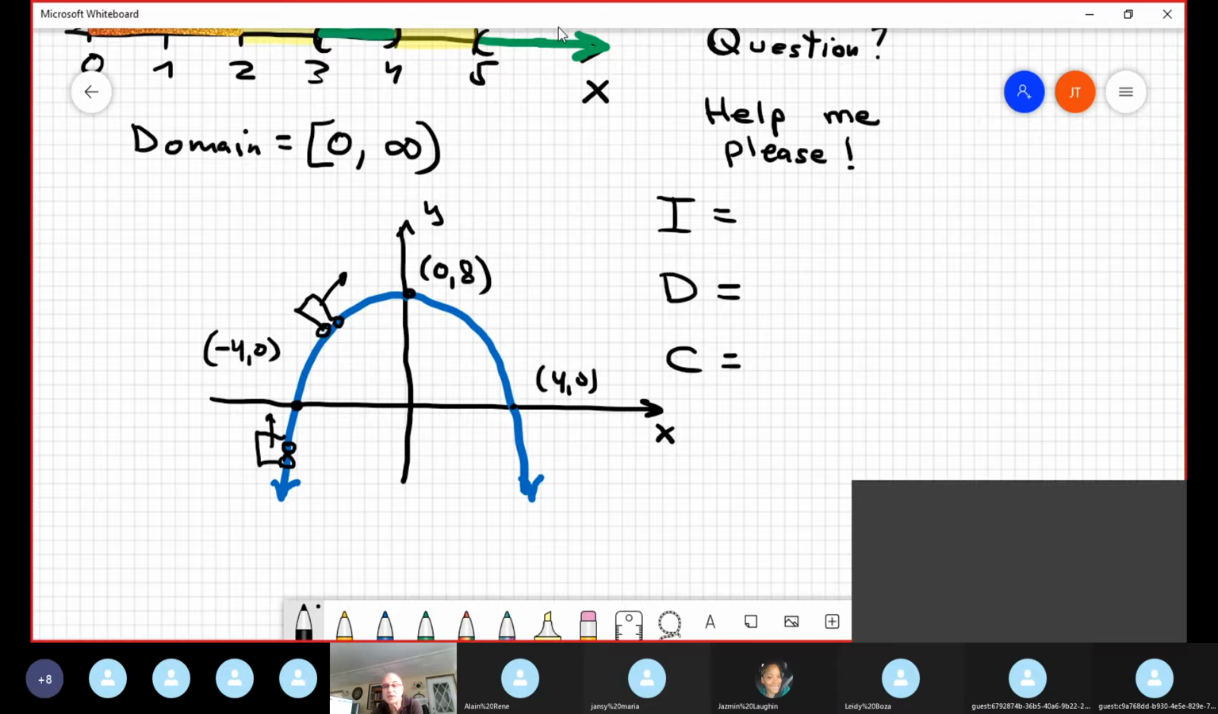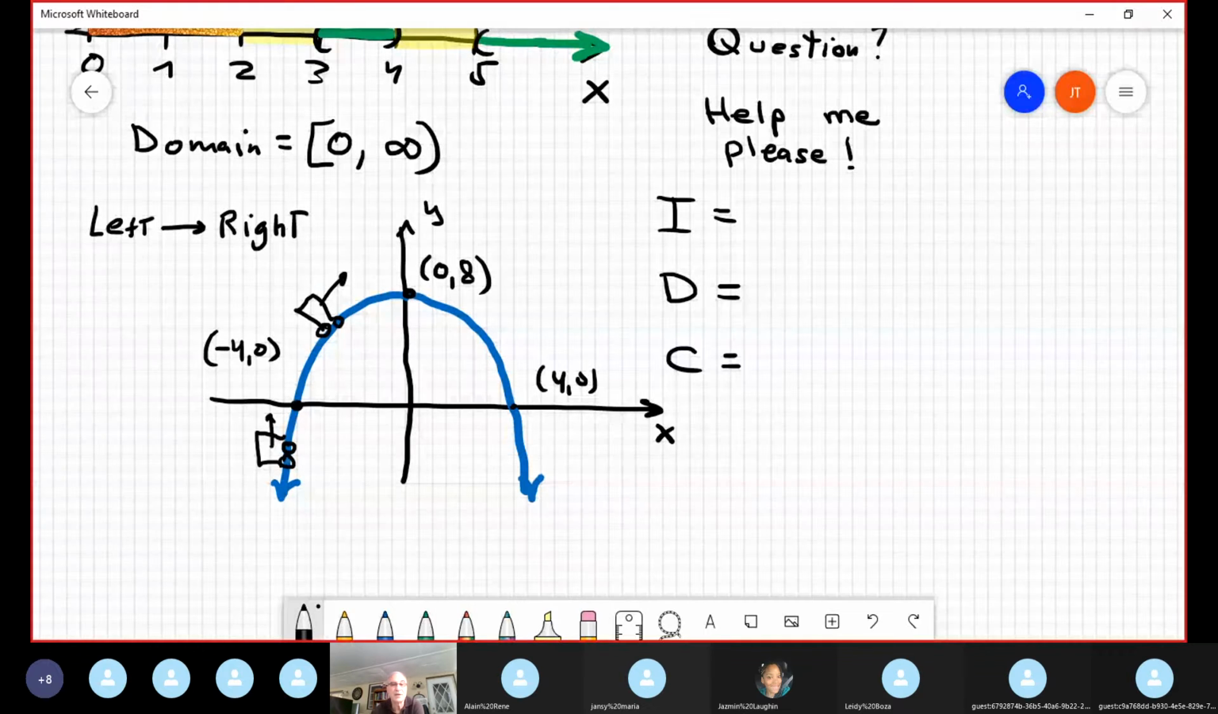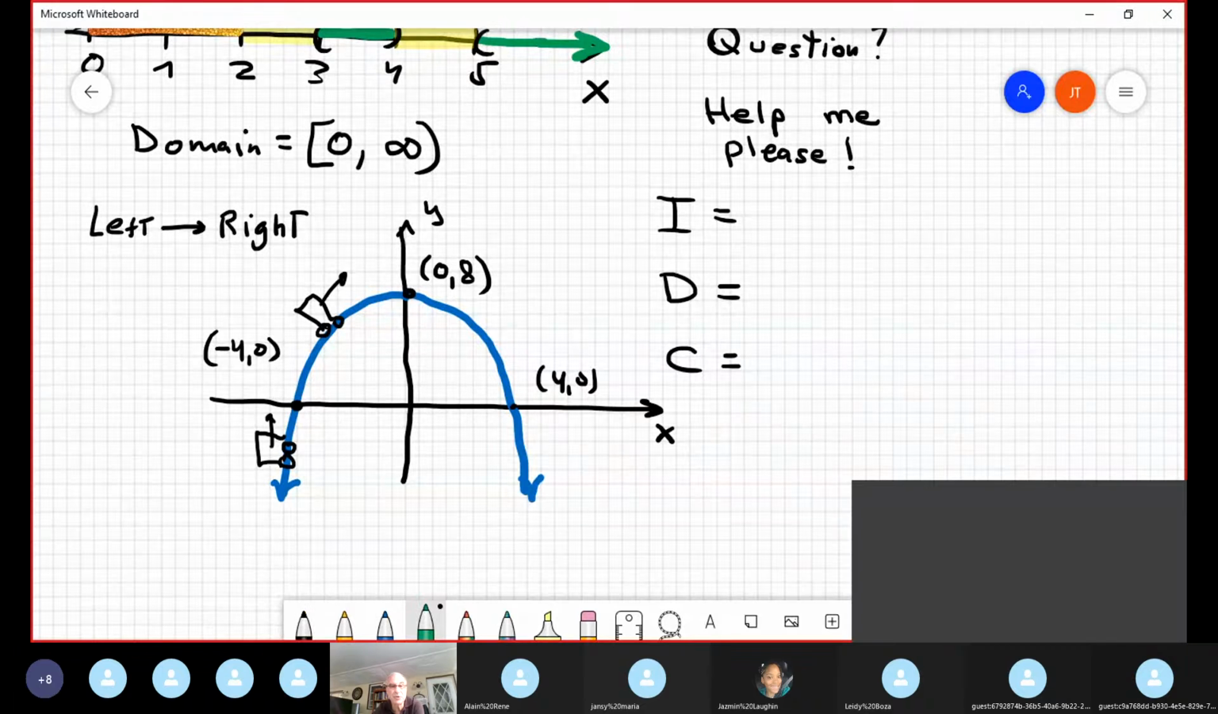Well, you need to understand what this arrow means. This arrow is not a direction. This arrow indicates this curve continues forever in that direction. But it's actually no direction, because you always travel to analyze this from left to right. Always. So it's obvious that the interval in which the function is increasing